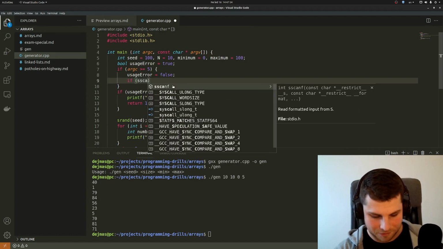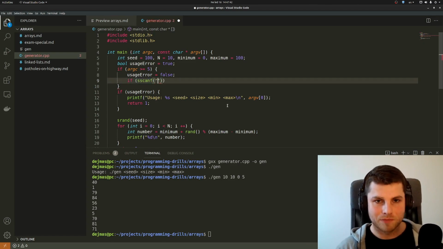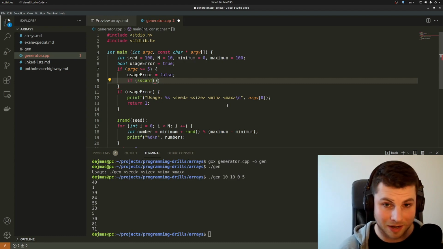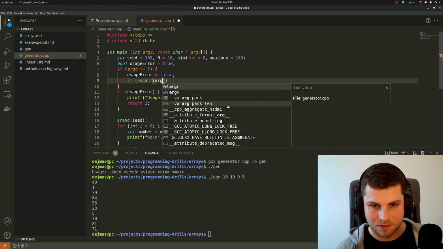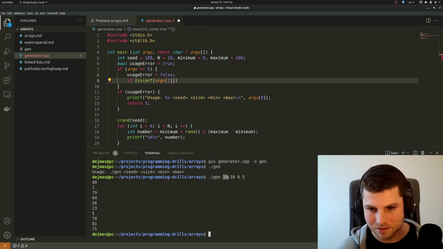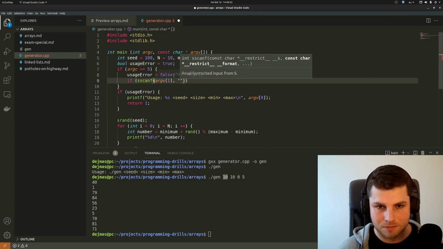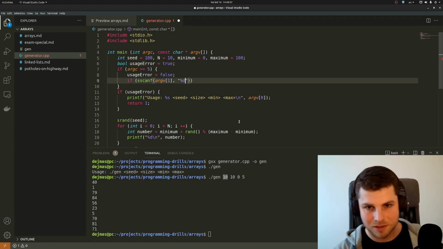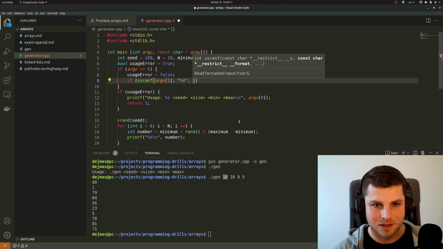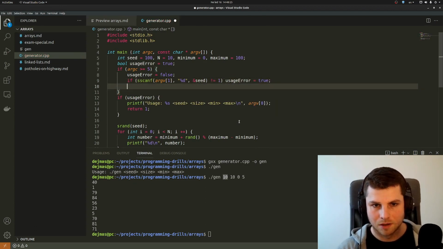We can use sscanf. It's the same function as scanf, but it's scanning from some source, so from some string. So in this case, I will use here the argv1, which is the argument I am expecting, this seed. This will be like the input of sscanf. This is the format, and then it's the same as always. So when this fails, and this isn't, then usage error is true, and